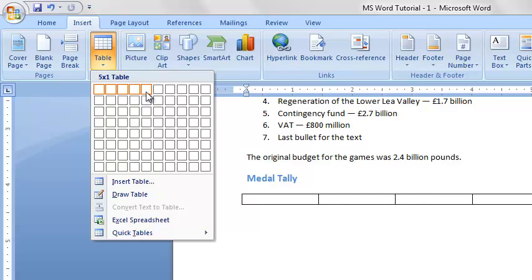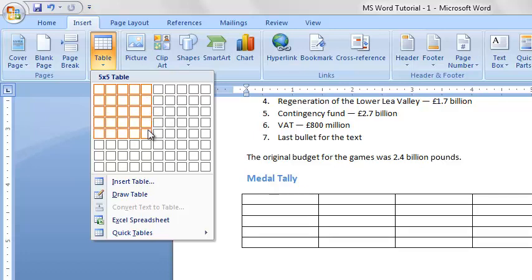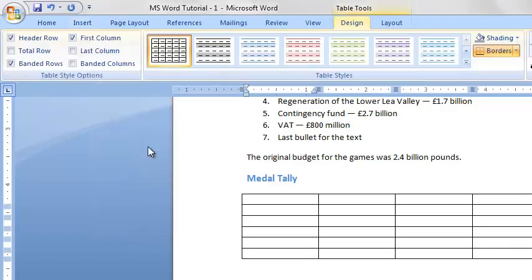Let's say we just want to put the top 5. So including the heading, it will be 6 rows. So it's a 5 by 6 table.